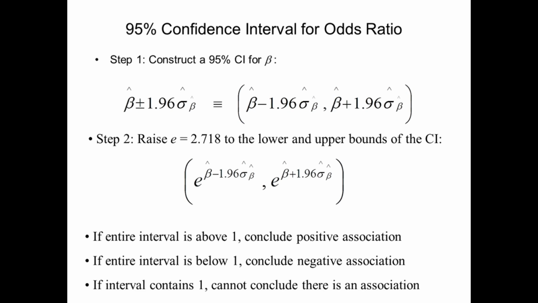If the entire interval is below 1, it indicates a negative association. And in the case in which the confidence interval contains 1, we cannot conclude there is an association between our factors. So the odds ratio is an indicator that can be used to analyze the association of factors with a binary